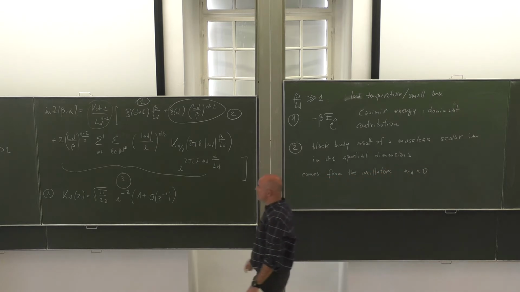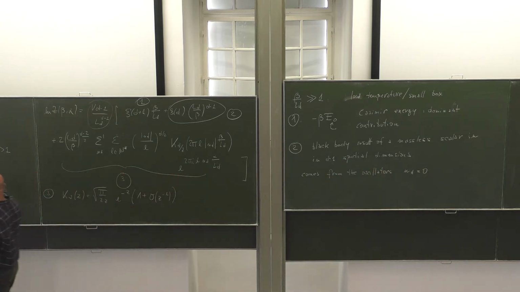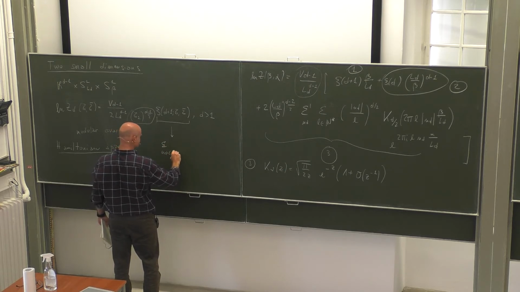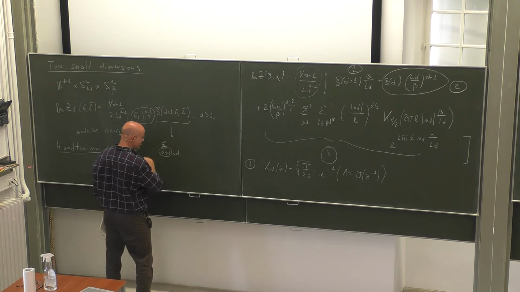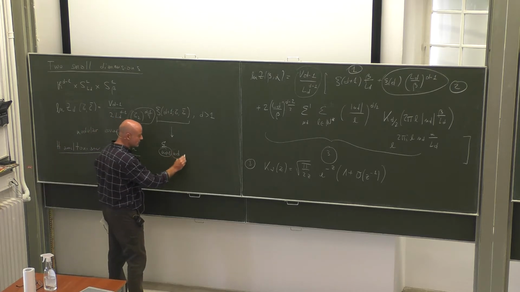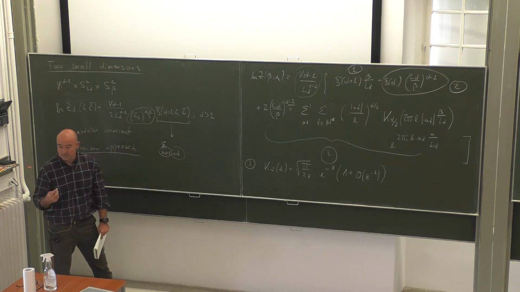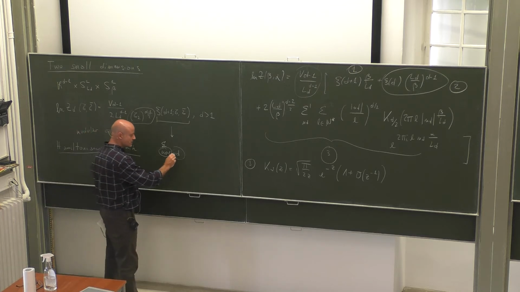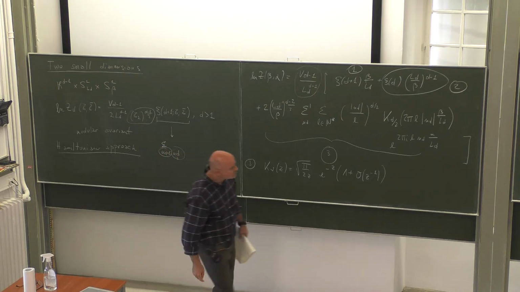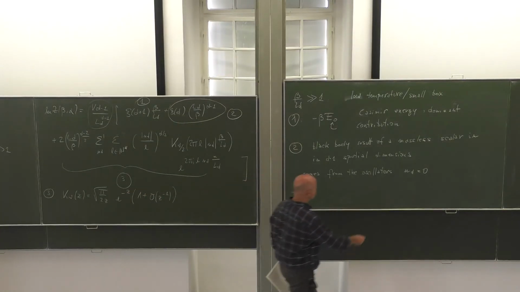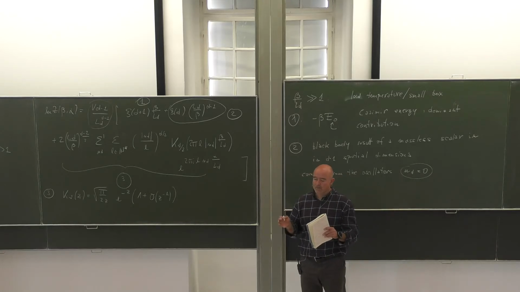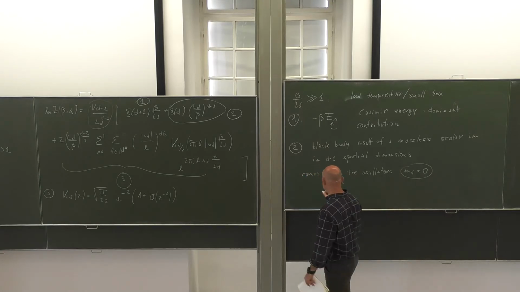Remember that there was this double sum, this Matsubara sum in here, so this thing contains something which has n_{d+1} and n_d. This had to do with the fact that you have periodicity in the temperature, and this had to do with the fact that you have periodicity in the spatial direction. Okay? And here you can see that this contribution to the partition function is the one where n_d is equal to 0. So you see that this comes if n_d is equal to 0.